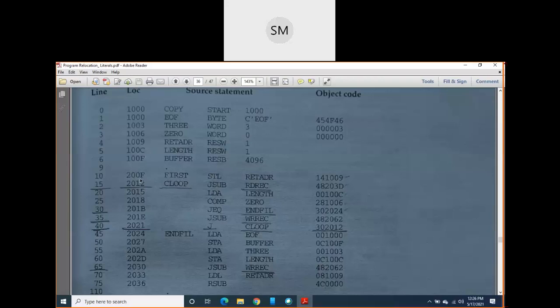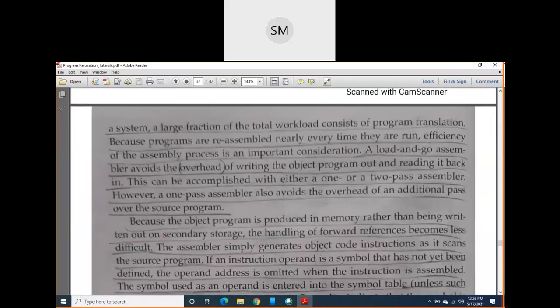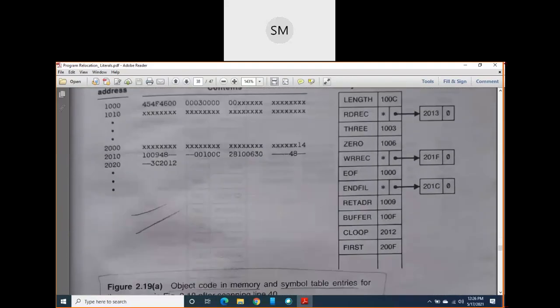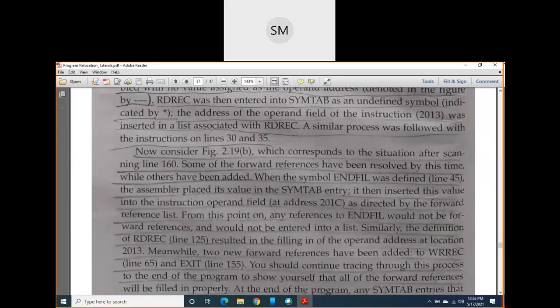After 200F, 2010 will come, 2011 will come, and 2012 will come. These 3 bytes are occupied by STL. Now JSUB will occupy bytes 2013, 2014, and 2015. So JSUB starts to load at byte 2013. So the address of JSUB is 2013, and at that 2013 the RDREC address should be loaded. Are you understanding? That we have represented here with this star.